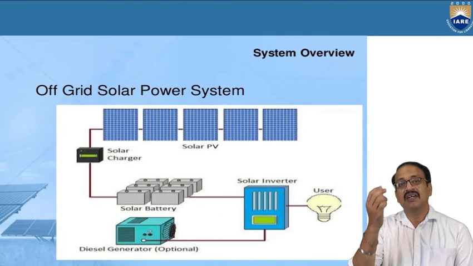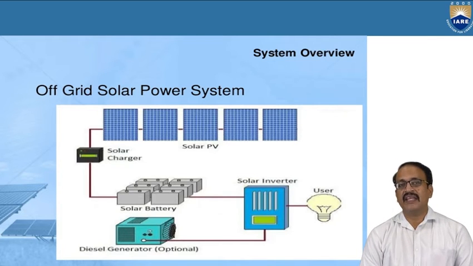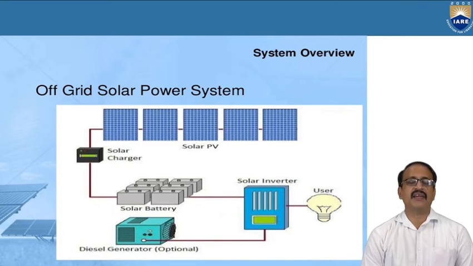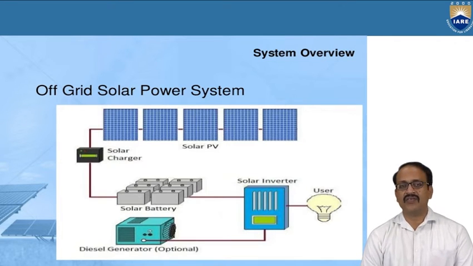This system has a lot of equipment: many PV arrays, a charge controller, a battery bank, an inverter and a generator. So this is good if the utilization is for houses, where the people are not moving,